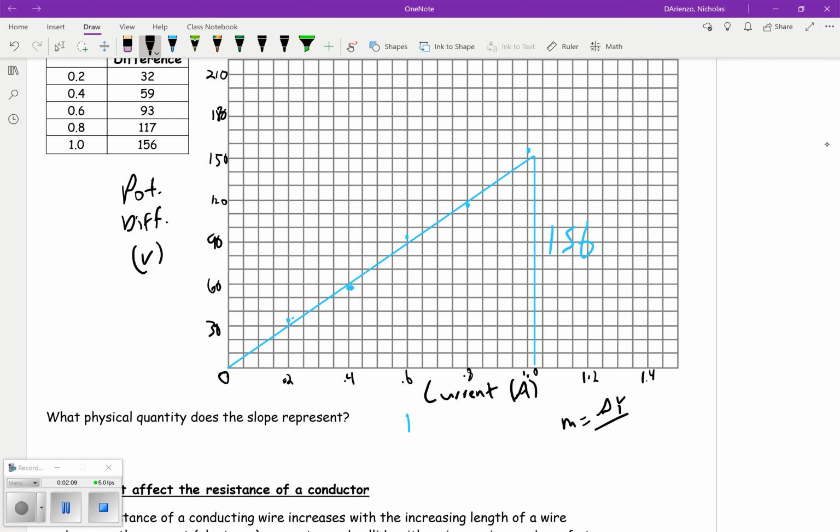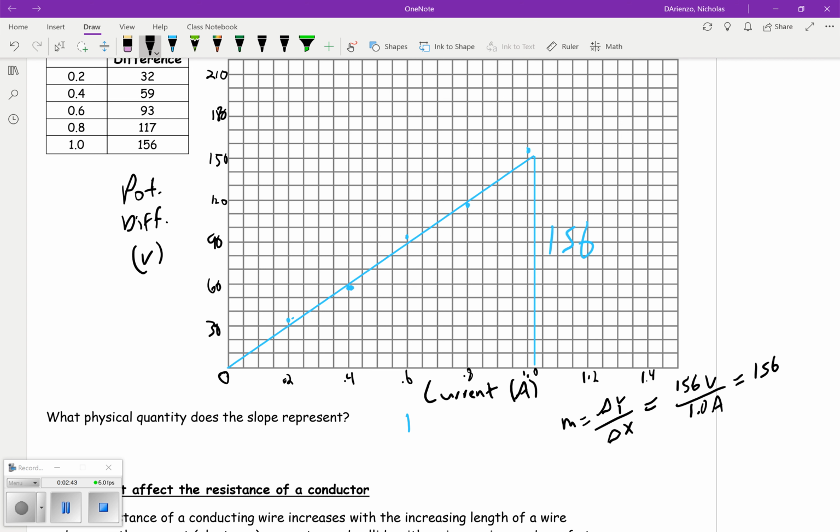We need the change in y over the change in x, and I put those values here. We have a change in y from 0 up to 156, and the change in x from 0 to 1.0. This is going to be 156 potential difference, measured in volts, over 1 amp. We get a total of 156, and that's our slope. But what physical quantity does this represent? A little bit of a review